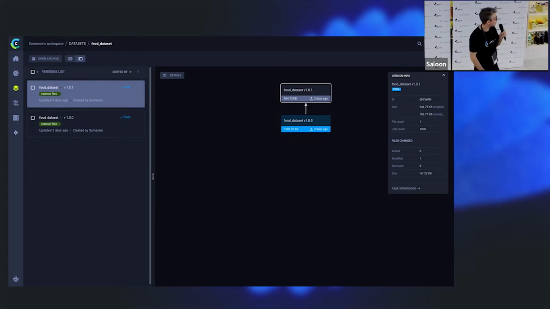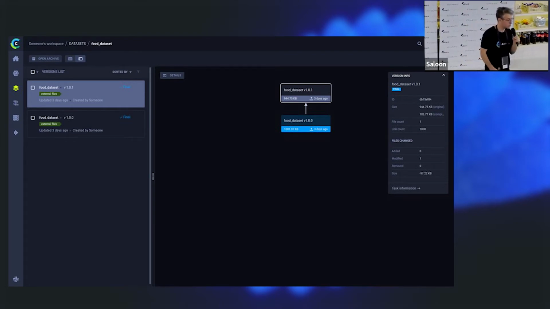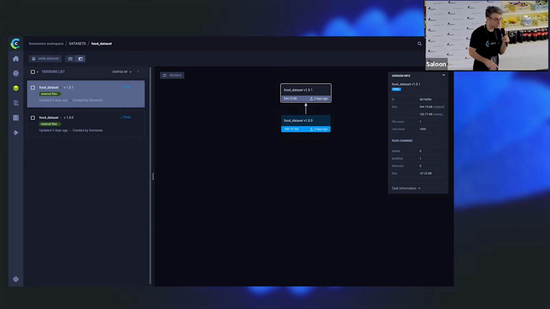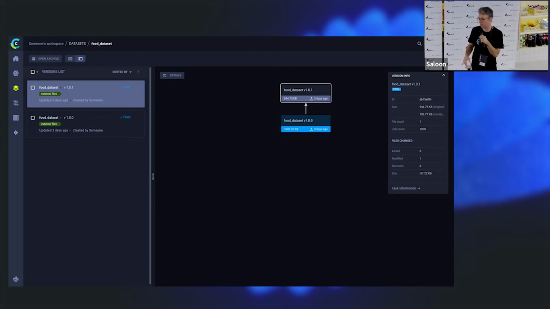And the idea is that when we actually use them, they're cached. So if I'm downloading a child version of a data set, I'm actually downloading only the delta, since I probably already had the parent version locally. That means that if we're spinning up instances and using them, we're not re-downloading the entire data set every time.